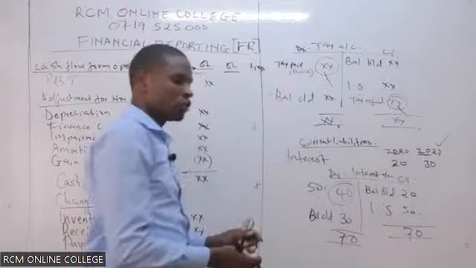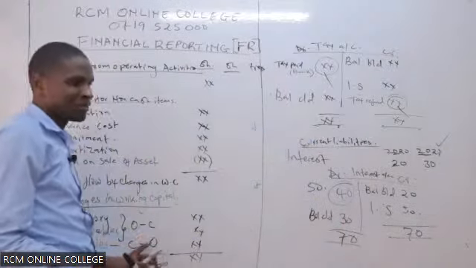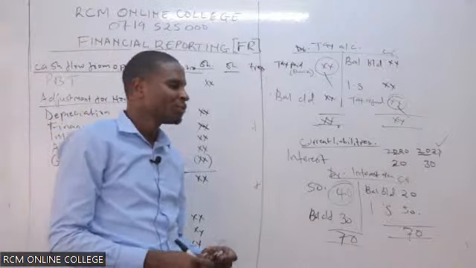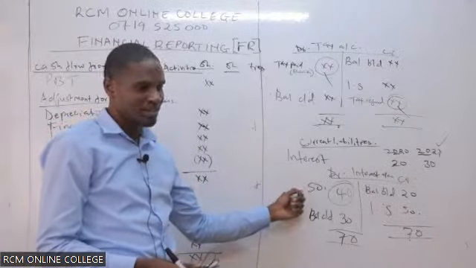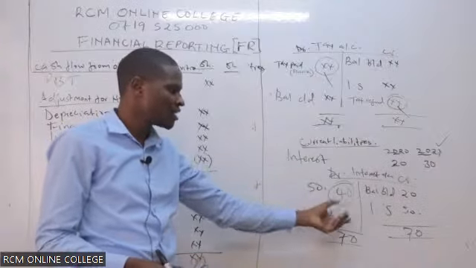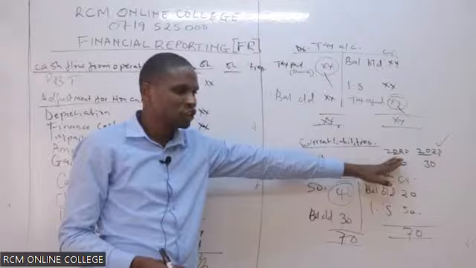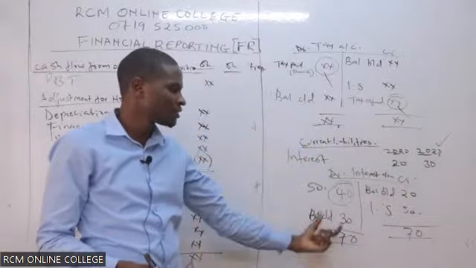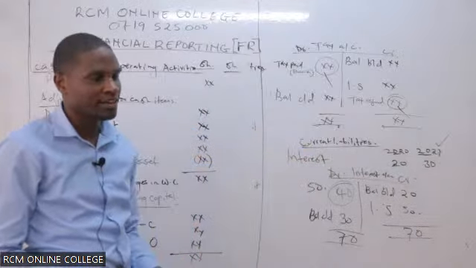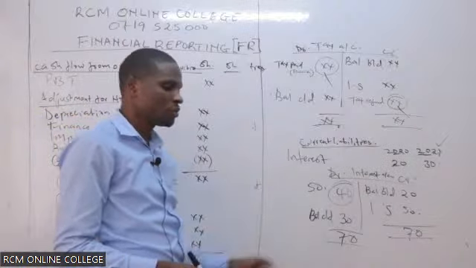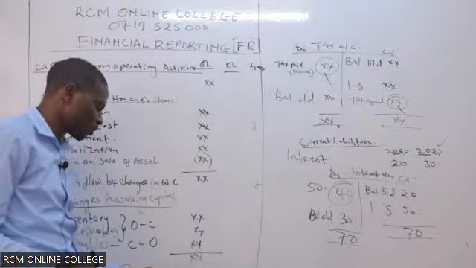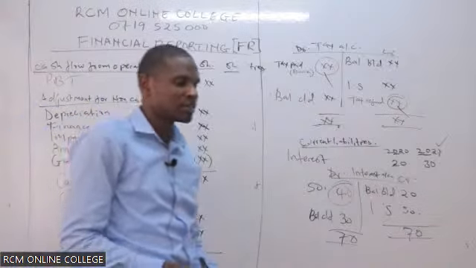Unaona hii amount hiyo ndio tunapeleka hapa pamoja. You need really to understand this. So this is interest paid. Sio yenye iko kwa income statement direct, sio yenye iko hapa kwa balance sheet. Hapana. You have to adjust to get it right. So 40 will be the one to record, and you're going to subtract.